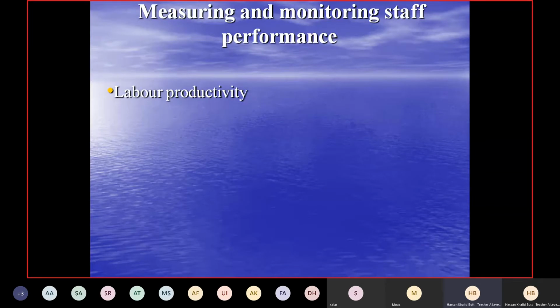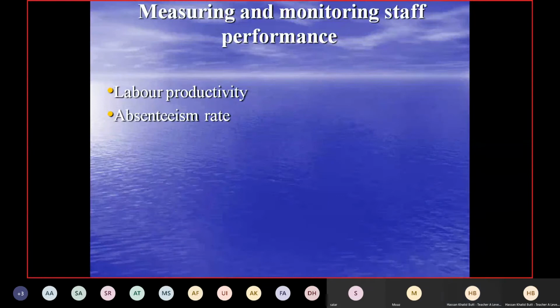It's quite obvious. So one is labor productivity. By looking at labor productivity, you can easily judge which workers are not performing at par, or their performance is not the same as other workers. And then obviously action can be taken. But right now we are just focusing on those methods which can help the HR management to measure the performance of the business. Then we have